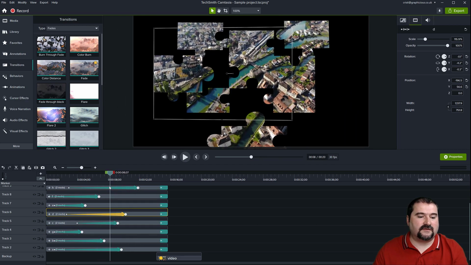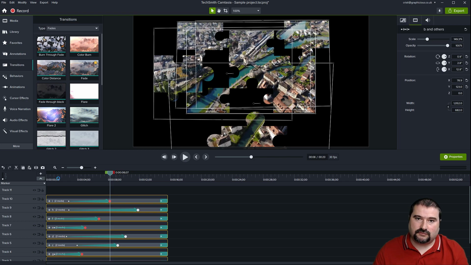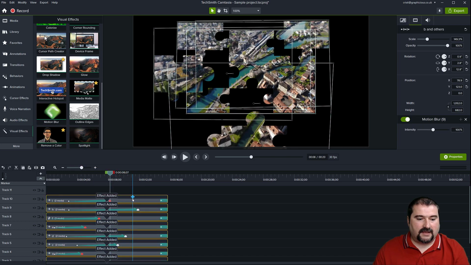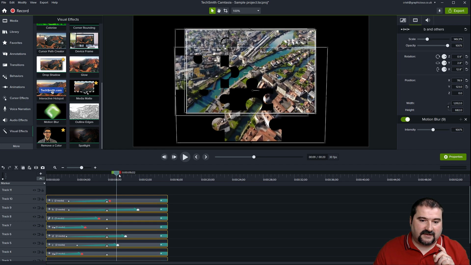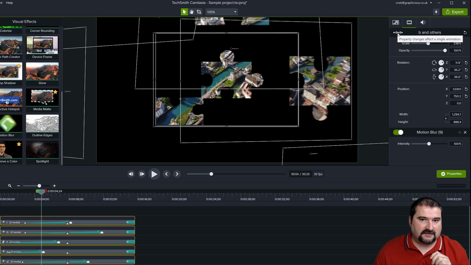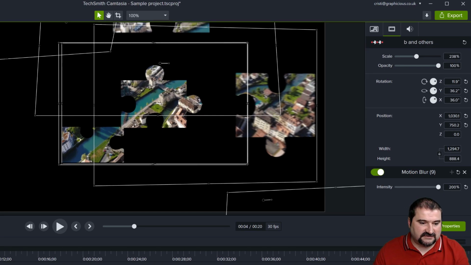But what you can do is select all of these now and apply motion blur to them. So you can go to Visual Effects and grab motion blur, and there you go. And now, just to make sure that you're not affecting the animations, I'm going to activate the global animation, so that if I'm changing the intensity of this blur, I'm not adding any keyframes I don't want. And I'm going to make this one fully blurred. You can see it now, it's a little blurred here.